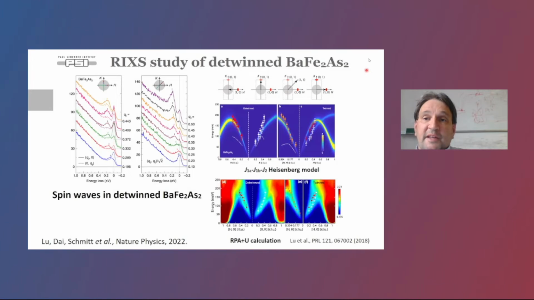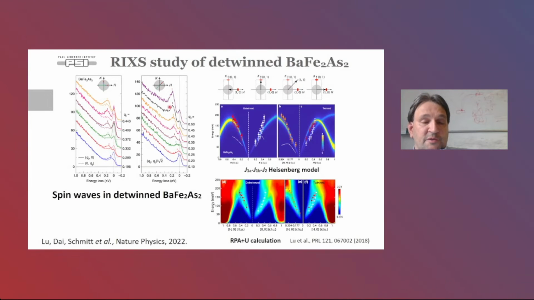So I begin now with showing the experimental RIXS results by showing the reference measurement. For the reference measurement, we did RIXS on detwinned barium iron arsenide. Basically, we do that at the absorption resonance of iron L3, where we have the most cross-section for the high energy spin excitations. And by detwinning the sample and varying the momentum transfer in the two directions, the 1, 0 and 0, 1 direction, you can clearly see that you have a clear high energy spin excitation anisotropy, which is exactly expected for a nematic material.